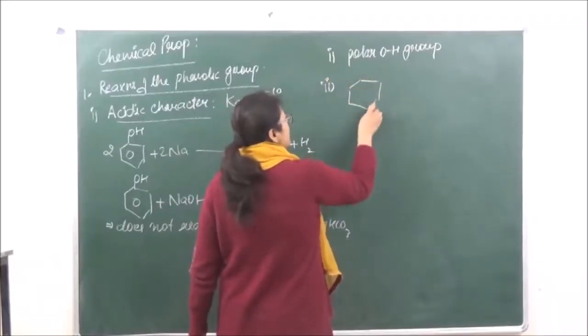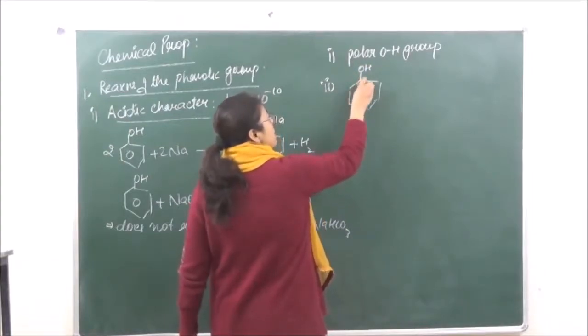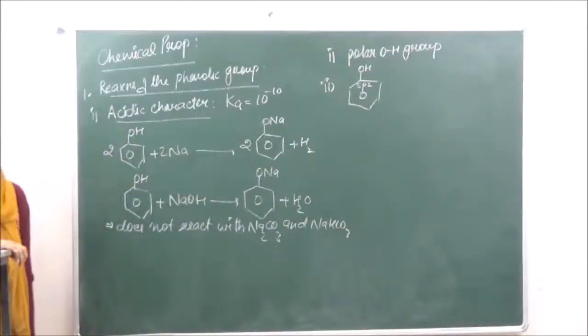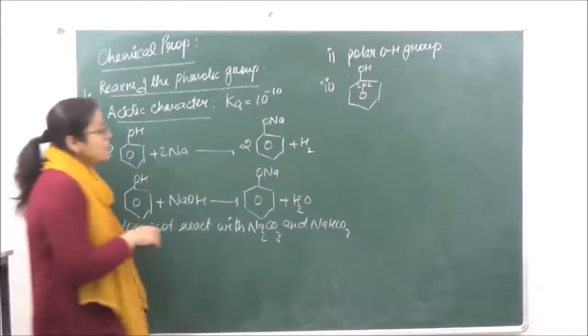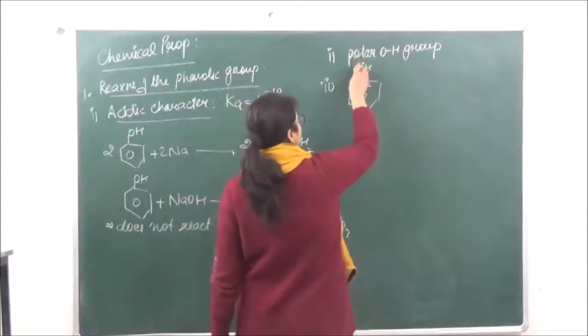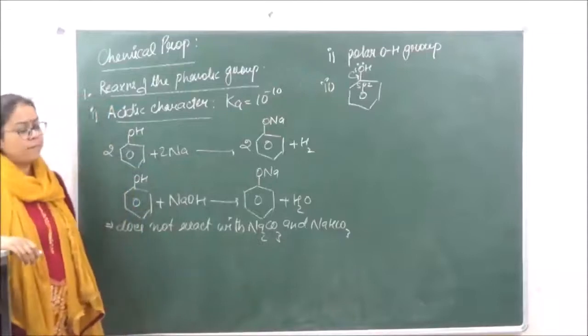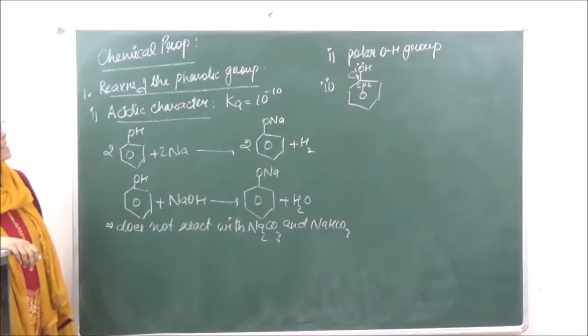Okay. Then number two, it is seen that in case of phenols, looking at the structure of phenols over here, this carbon atom over here is going to be sp2 hybridized. Now the O is directly attached to the sp2 hybridized carbon atom of the benzene ring, as you can see in the structure. So this benzene ring is an electron withdrawing group, which means that if there are two lone pairs of electrons present, it has a tendency to withdraw the electrons towards itself. Now because of this withdrawal of electrons, the electron density on oxygen will decrease, isn't it?